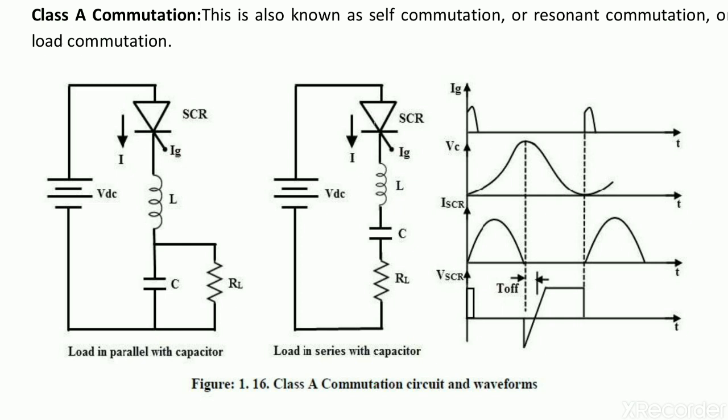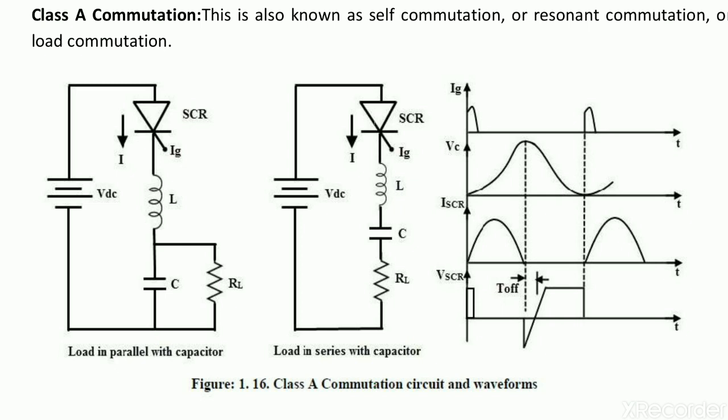Okay, we can see in the second waveform, that is the waveform Vc, the voltage across the capacitor, increases as soon as we fire the SCR. As the voltage across the capacitor increases, the current flowing through the SCR, shown by the third waveform, that is ISCR, rises, but after some time it decays to 0. It reaches 0 when the capacitor is fully charged.